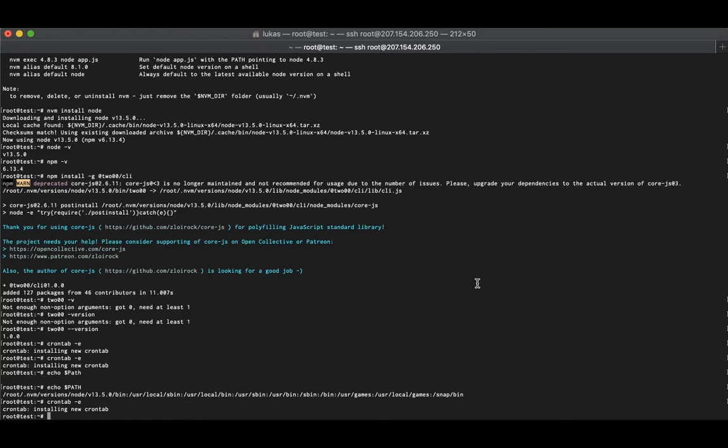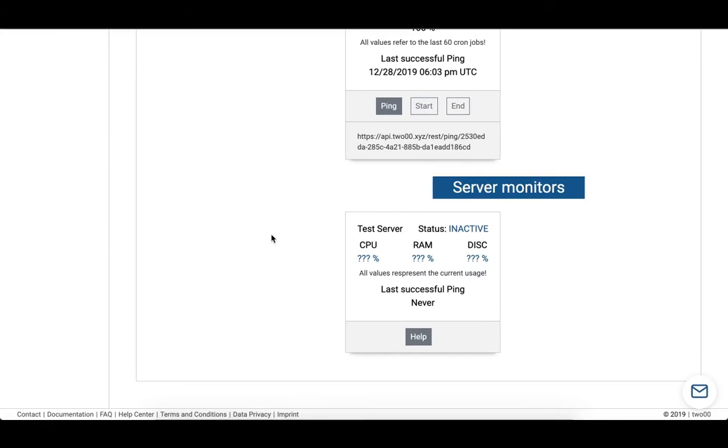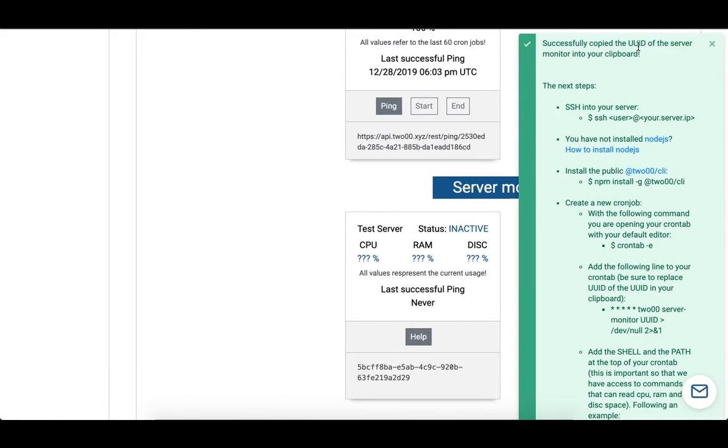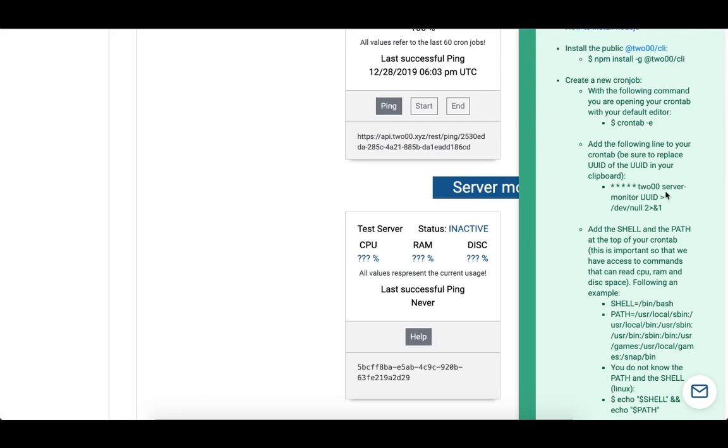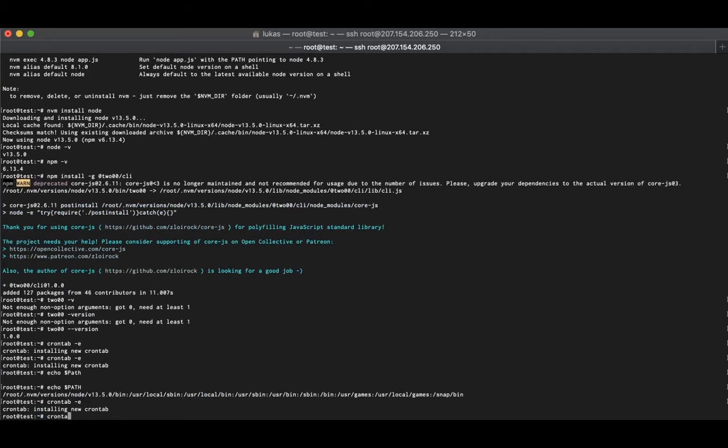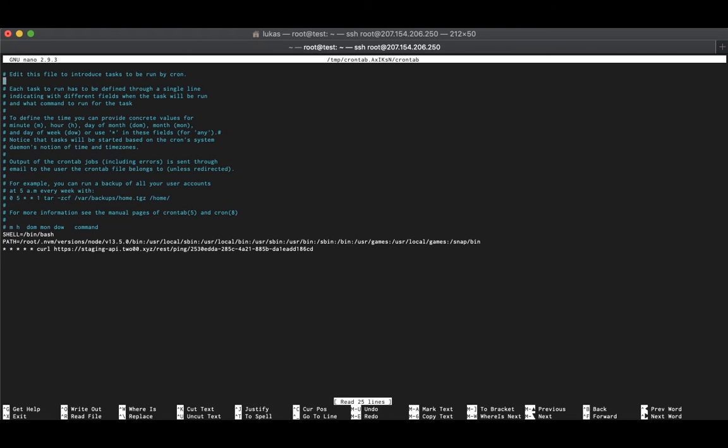Then we go back to our 200 dashboard. Right, we're back on our 200 dashboard. I hit help, and now we successfully copied the UUID of the server monitor into our clipboard, and we add it with our cron expression, 200 server monitor and the UUID. So I copy and paste this. I'm on the server again, logging inside of our crontab